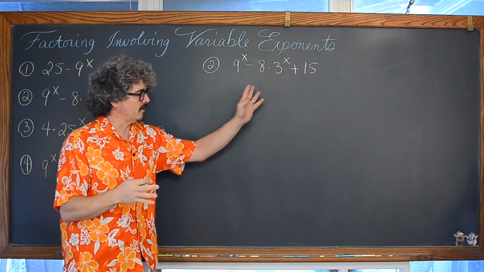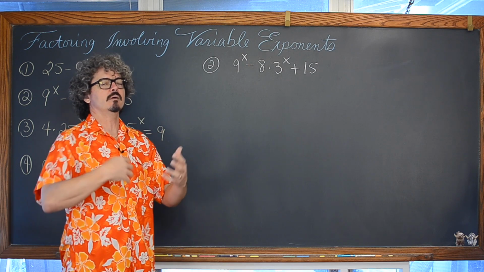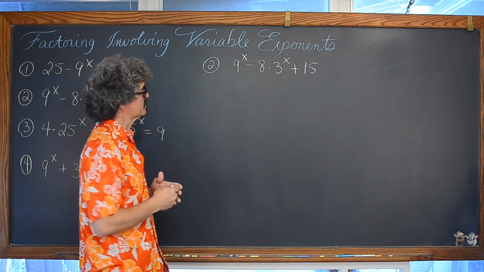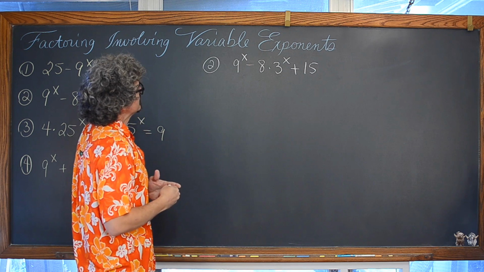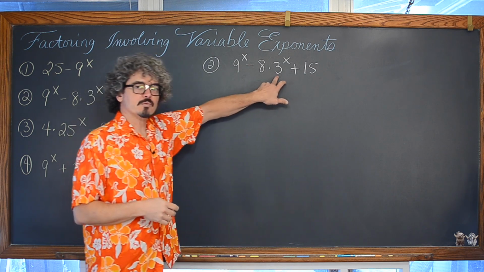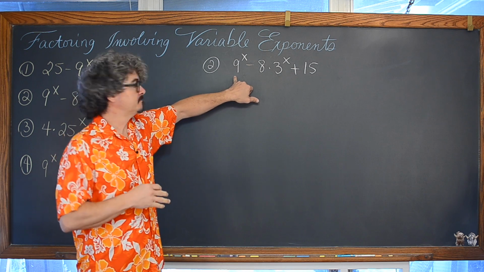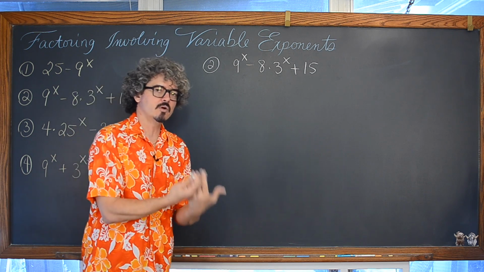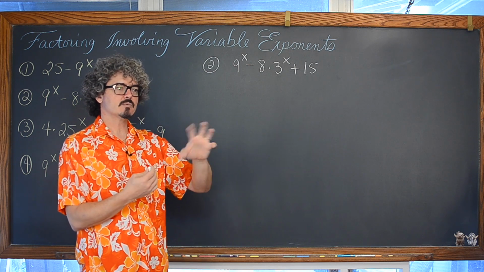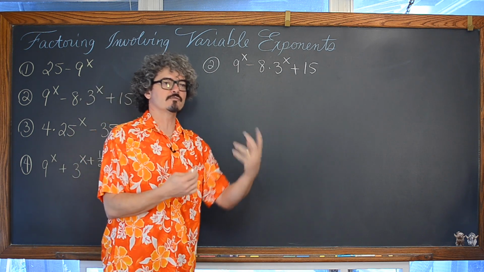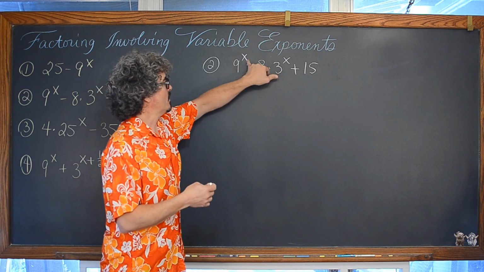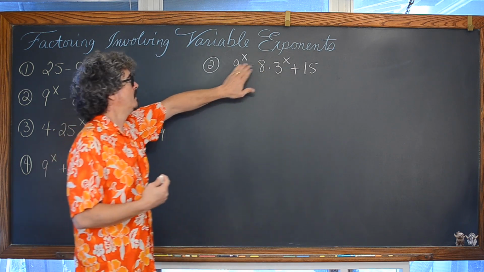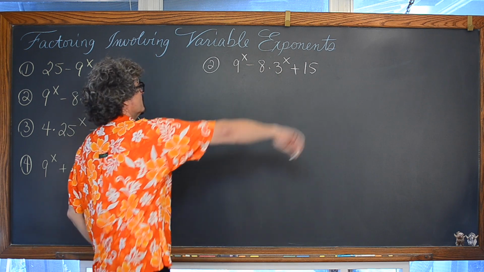Close to, it's not a polynomial, but close to that. We can recall our skills that we learned of factoring quadratic polynomials. Well, we see a base of 3 and we see a base of 9. And like when you think about those quadratic polynomials, we had that common base. It was like an x squared and then an x to the first, where we had a common base raised to some different exponents. So what we're going to do is write the base 9 as a base of 3, like we just saw me do in the previous problem.